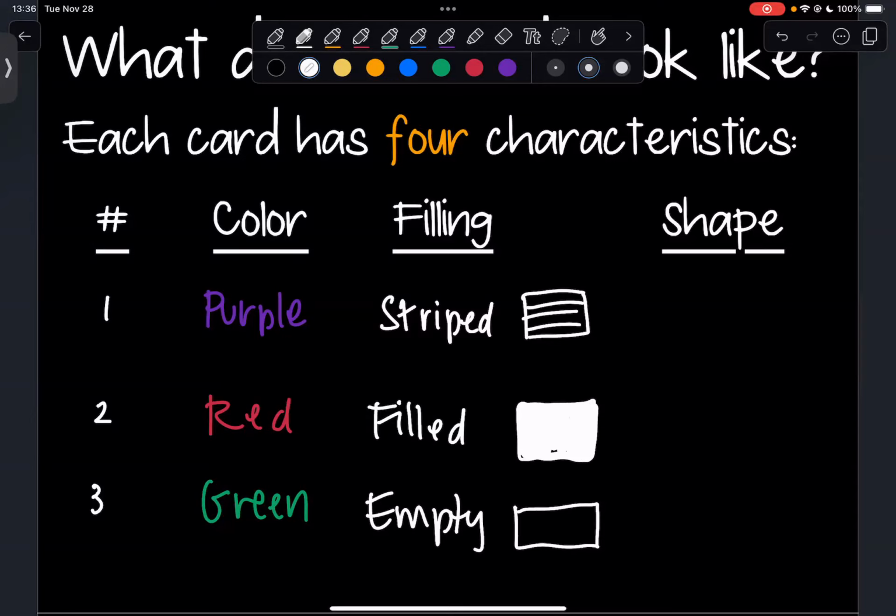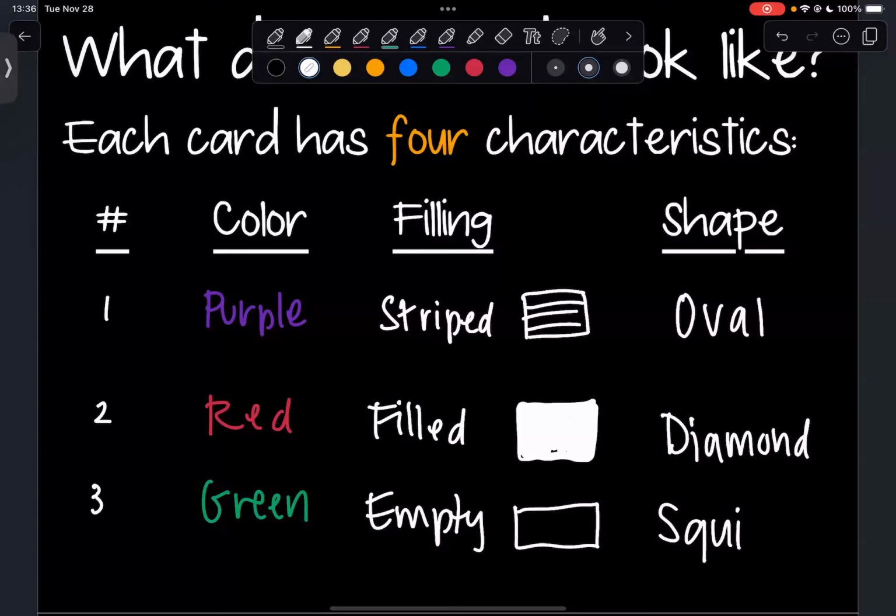The shapes, I'm gonna tell you what they are, but I won't draw them, but we'll see some examples so that we're okay with these. This is half the reason why I have most of my slides already ready, just to make it clear what the shapes are here. So we're gonna have things that look like an oval, diamonds, and then what we call a squiggle. It doesn't have a nice geometric shape, but it's the most curvy one there. So we're gonna call it a squiggle here.